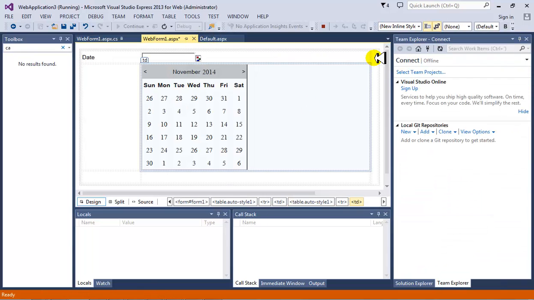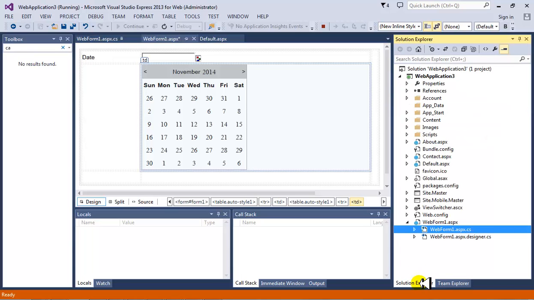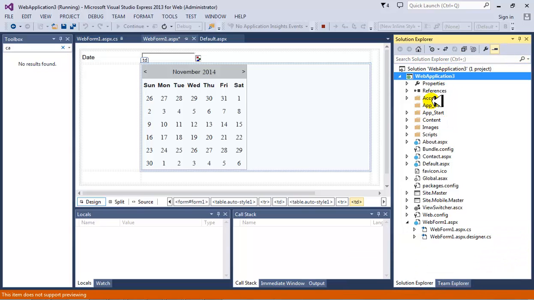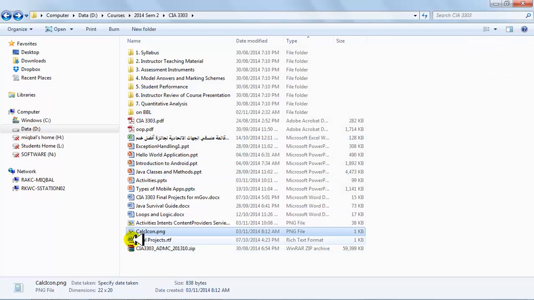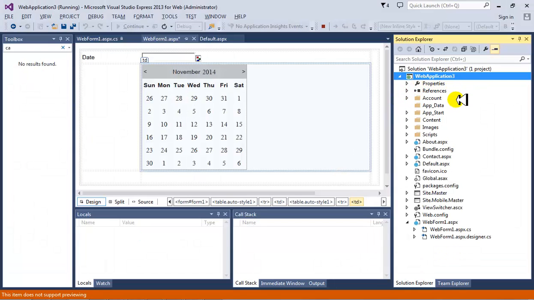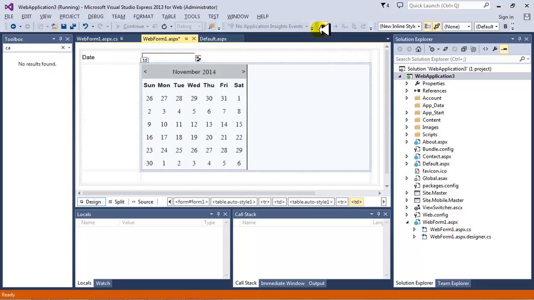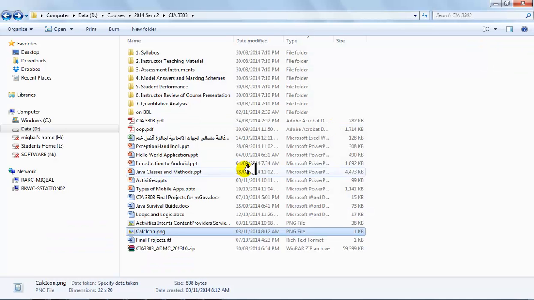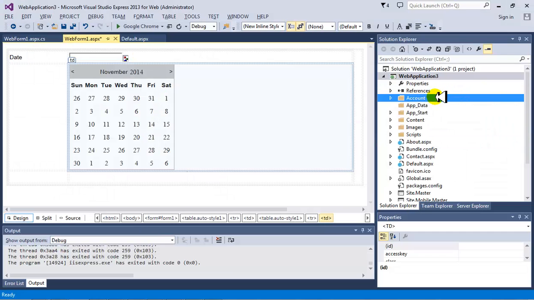First of all, I need to open my Solution Explorer. Okay, just drag and drop this somewhere over here. So let's open a calendar icon. Drag and drop this over here. It's supposed to. Why is it not working? Okay, wait, sorry. Before making these changes, I need to stop the website, and I'll just drop this under Web Application 3,